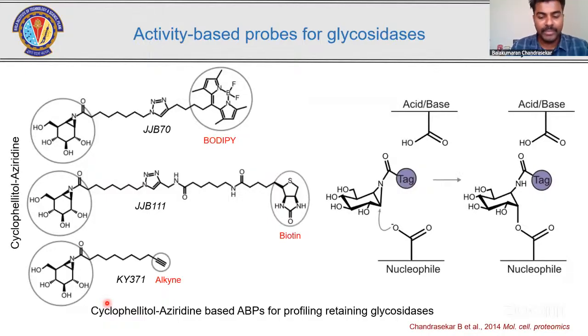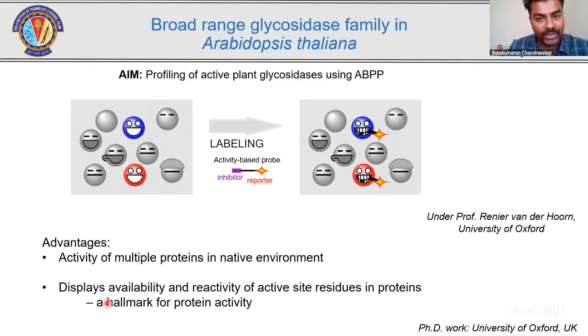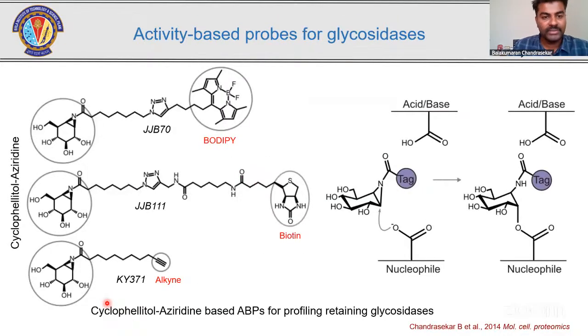So in my PhD, I was very much interested in profiling plant glycosidases by applying activity-based protein profiling, which I have explained now. One fine evening, my supervisor came to me and told me, "We have probes for activity-based protein profiling," and he gave me three probes. These probes had been synthesized by a chemist, and potentially target different glycosyl hydrolases. I was very interested. I took these probes and tested whether they would act on glycosyl hydrolases or not, by labeling the particular plant proteome.